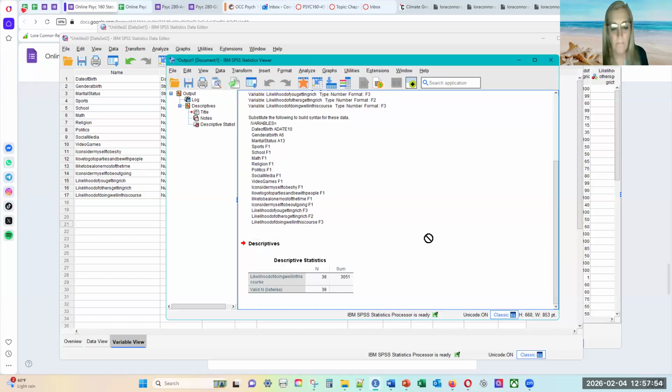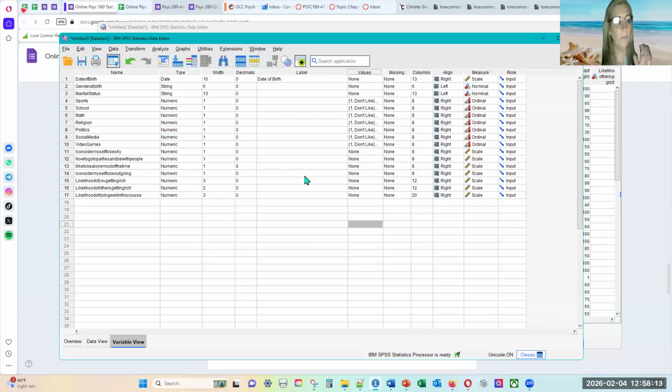3,051 was the sum. All right, and you can see that the outcome of that, what I did was just put into our output box, our output pop-up. Great. Well, I'm going to minimize that,